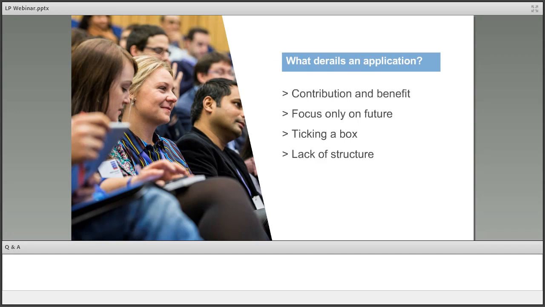My bit is, as Zenny's talked about, the things that we're looking for in the admissions process. I thought I would just talk a little bit about where we see an application derail. So, picking up on Zenny's point about how you're going to contribute,